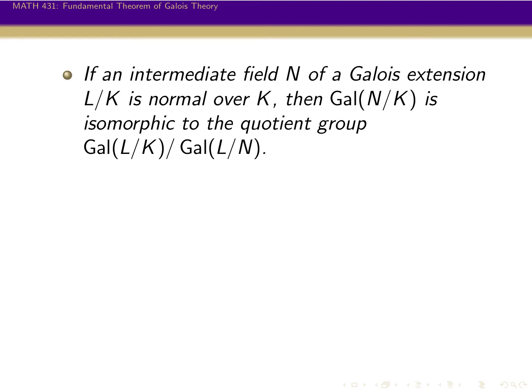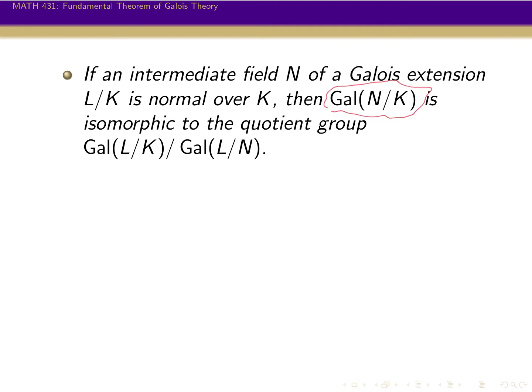Now to the final bullet. If an intermediate field N of a Galois extension L over K is normal over K, then the Galois group of N over K is isomorphic to the quotient group of the Galois group of L over K by the Galois group of L over N. Okay, so this is the part that's a little bit funky